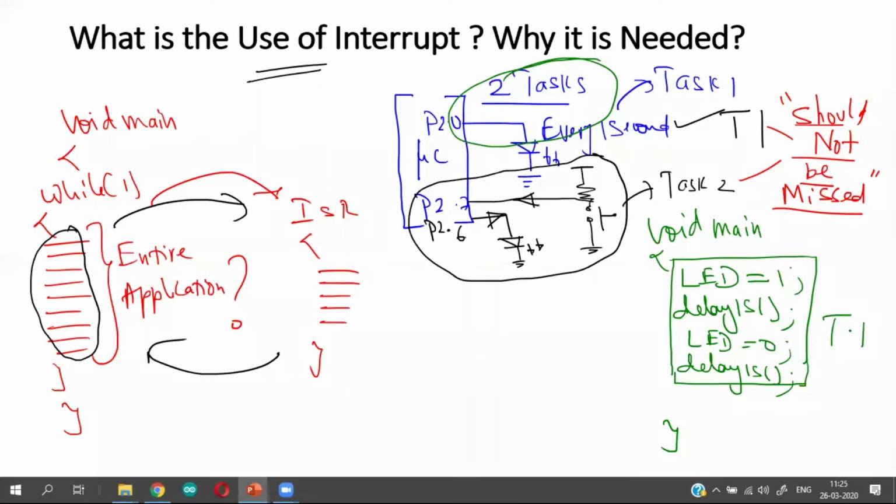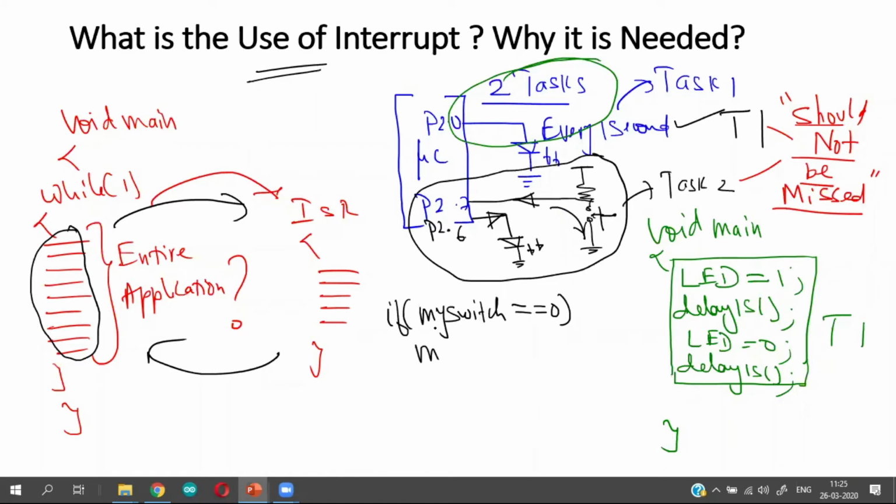Now what is task 2? For clarity, I will write task 2 in a separate segment here. If my switch takes a value of 0, which means whenever the user is pressing the button, the input going to 2.7 becomes 0.